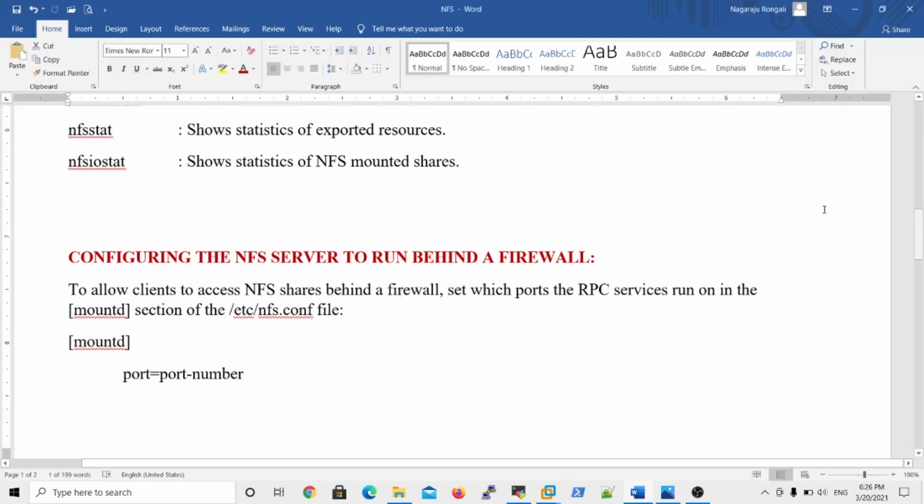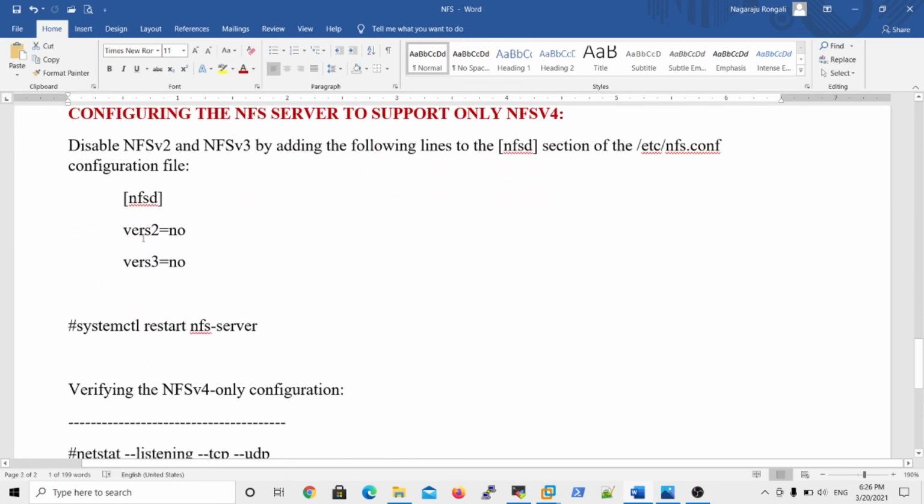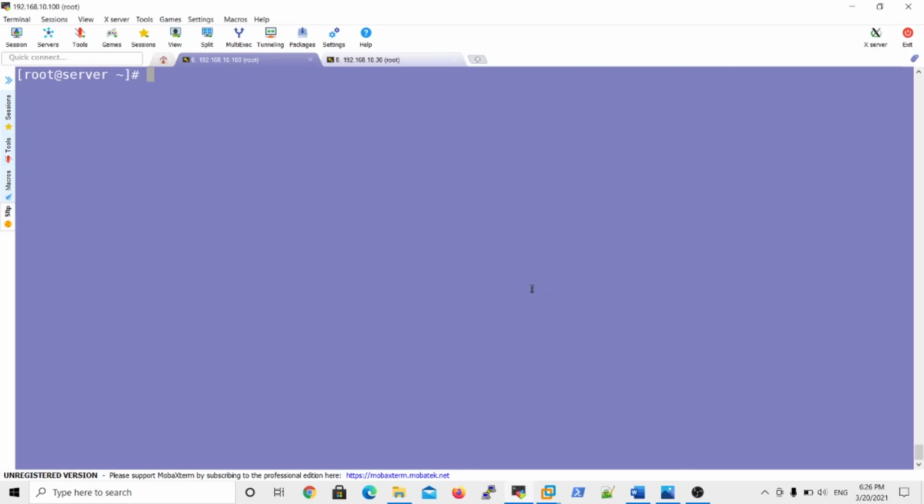So how do we troubleshoot this? Actually, you want to change the port number. NFS version 2 no. Under NFSD, version 3 no. Oh, the mistake is not there. I did it correctly, yes. I did only nfs. Where is the mistake, when everything is perfect? My package name is nfs, I did only nfs, but actually the service name is nfs-server.